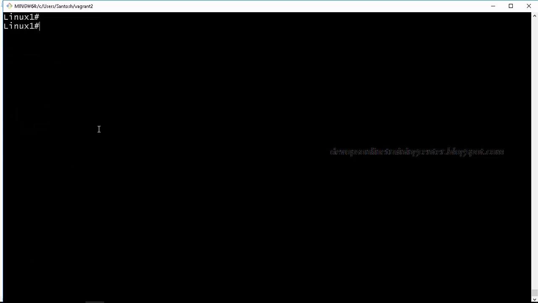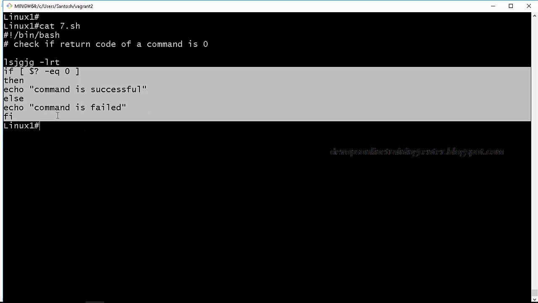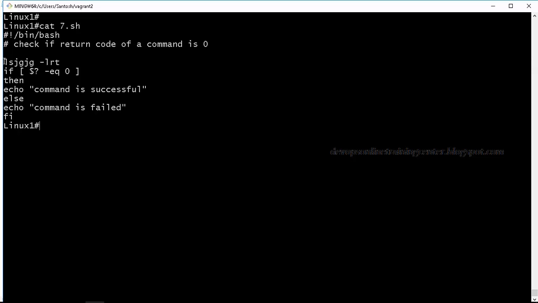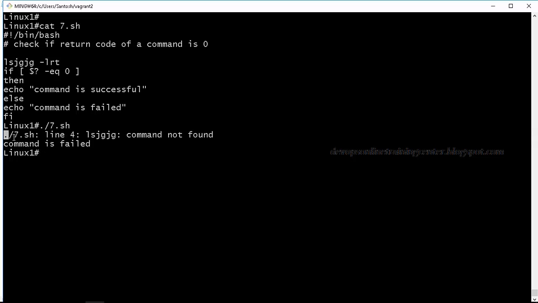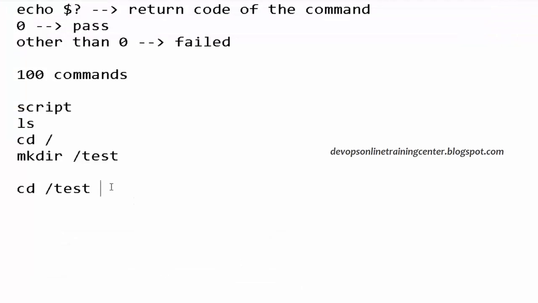Now, there is another thing. I have this validation to check whether the command is successful or not. But if you see, this error output is also printed on the screen. If you execute it, these junk characters or whatever are also printed on the screen. Now I don't want to print this on the screen. I just want the result, whether it failed or succeeded. So how do we redirect this? There is a way to redirect the output, right?